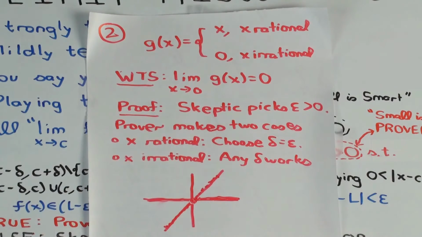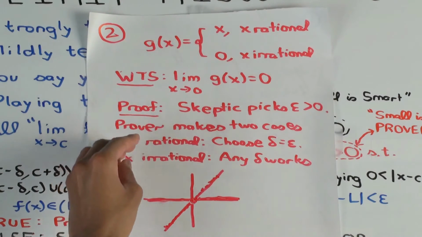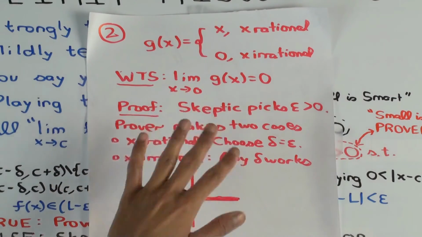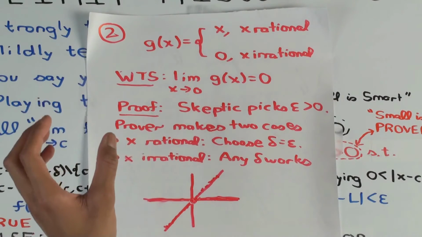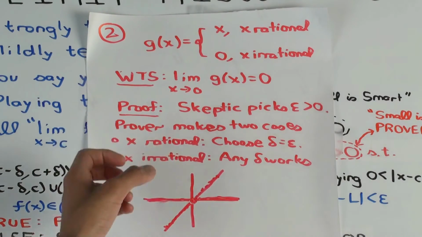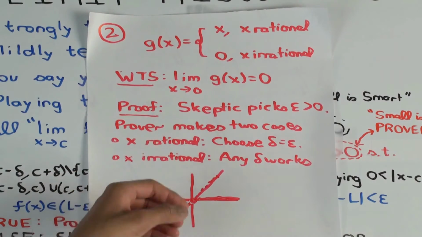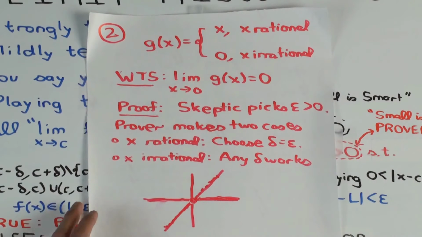Exactly. But in general, if you have two different piece definitions, then the way you would do it is you would pick delta as the min of the deltas that work in the two different pieces, because you want to make sure that both cases are covered. But the point is you have to take the min and use that, rather than just say, I'm going to choose my delta based on what the skeptic is going to move next. Okay. So this is a milder form of the same misconception that was there in the previous example we saw.